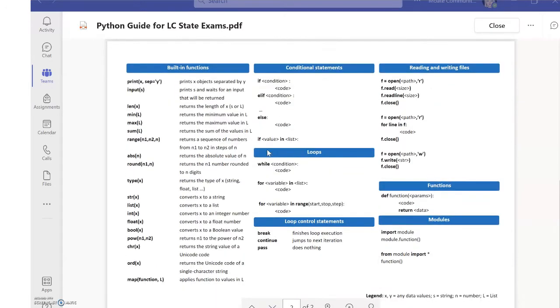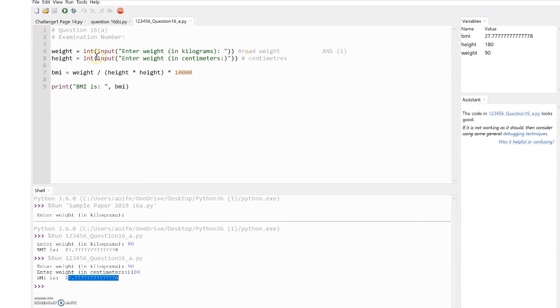And on the second page there, you see under built-in functions, there's a round n1 to n. This returns n1 number rounded to n digits. So whatever number I wanted rounded goes in first, and the number of digits I want to round to goes in here. So it's round, then my brackets, the number I want to round, and then the number of digits I wanted. So if I pop back into Tanny and have a little look here,